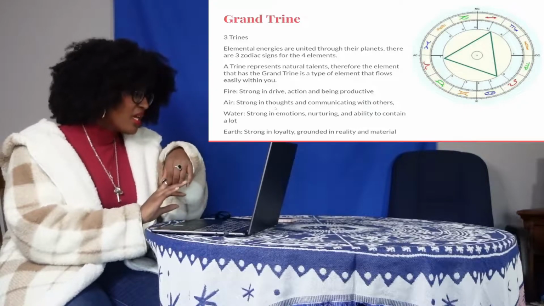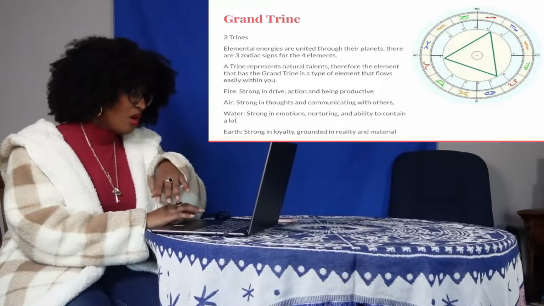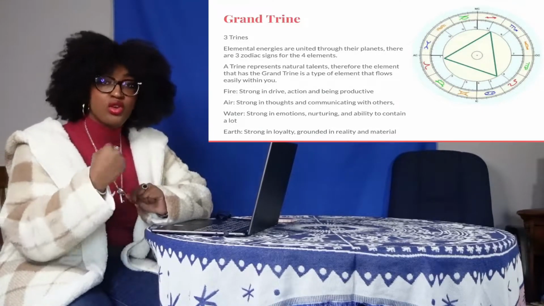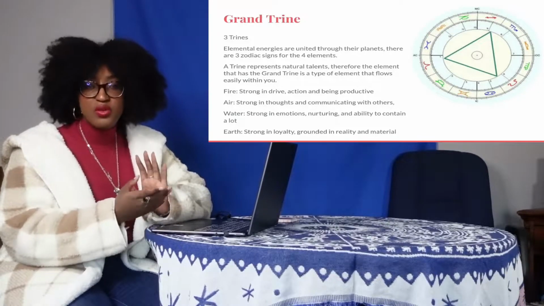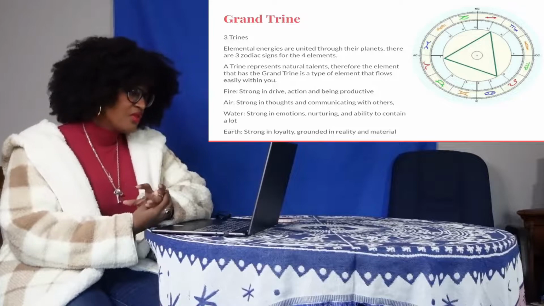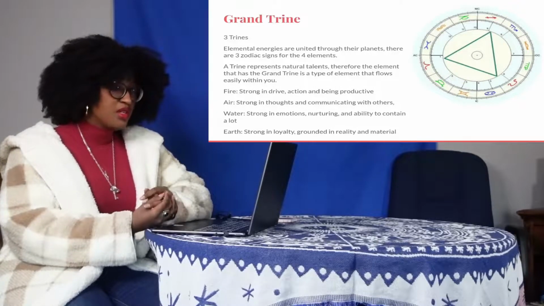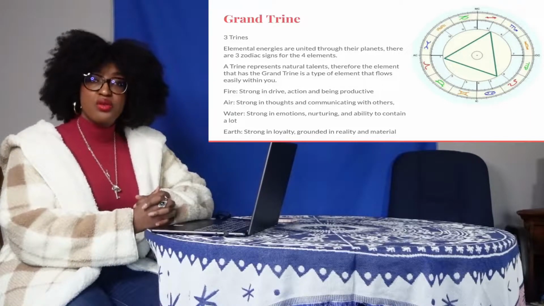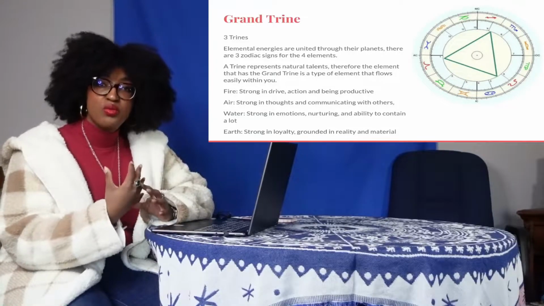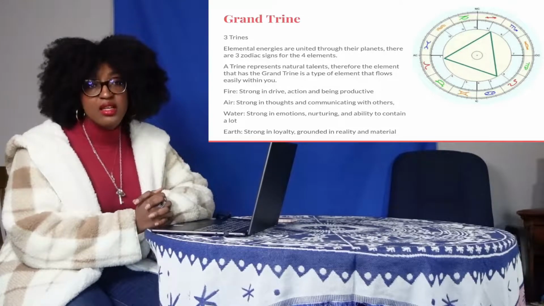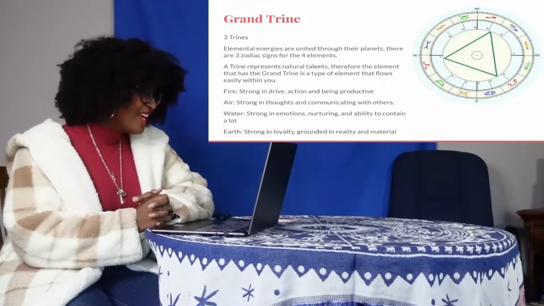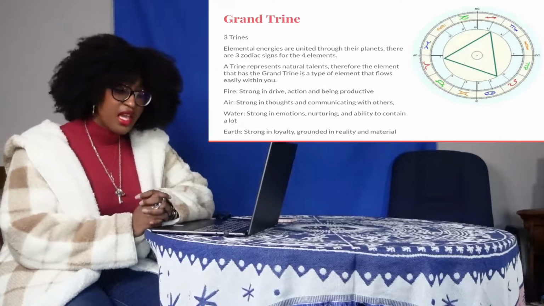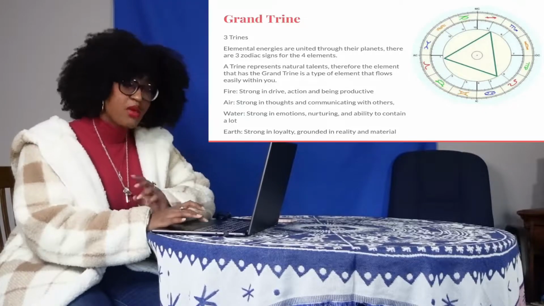So if you want to look at the zodiac signs, well, we have fire, air, water, and earth. So fire means you're strong in passion and drive, you're a go-getter. If you're strong in air, you're able to communicate with others and get your point across. If it's in water, you have the ability to connect with others emotionally, be empathetic, but also able to go to the depths and really search what it is about humanity that makes humanity. And then you have earth, and if you're strong in earth and you're loyal, you're able to think clearly, and you're much more practical in whatever approach you take.